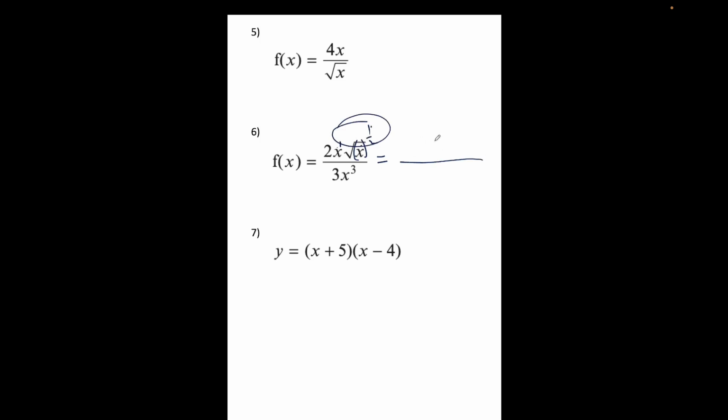Write some extra lines of working, but if you have the correct working, it doesn't matter if you took an extra 1 or 2 lines. You know you're going to guarantee to have the correct answer. So 2 to the power of 1 times x to the power of a half is just going to be like that, yes? 1 plus a half gives you 2x to the power of 1 plus a half, could be 1.5 like that,